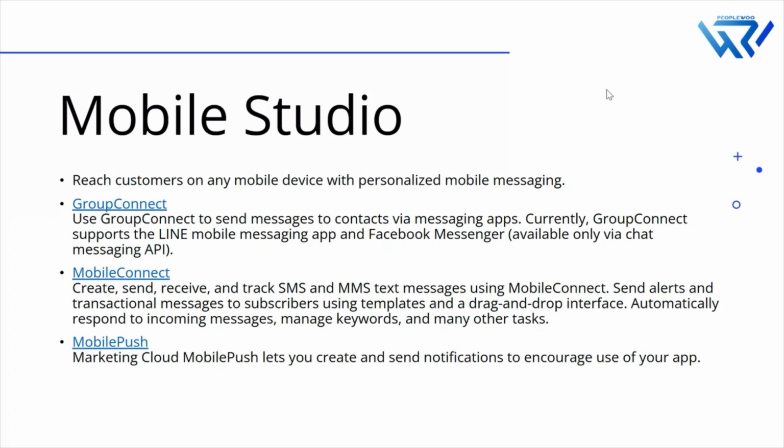So Mobile Studio is a combination of three different mobile communications. One is Group Connect, second is Mobile Connect, and third is Mobile Push. What is Group Connect? When you have to send messages to any third party messaging app. Remember, any third party messaging app. What are the third party messaging apps? Like WhatsApp, like WeChat, like Facebook Messenger,